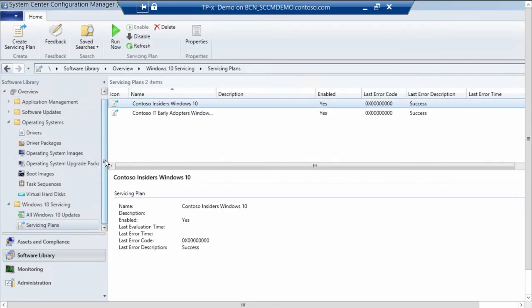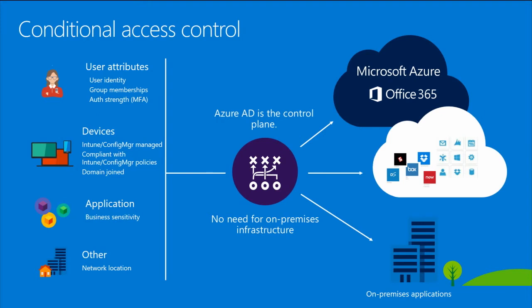And then that's an overview of our support for the servicing model. So now I'll cut back to my slides. I mentioned conditional access earlier, and conditional access is a key investment we made in EMS complementing Windows 10